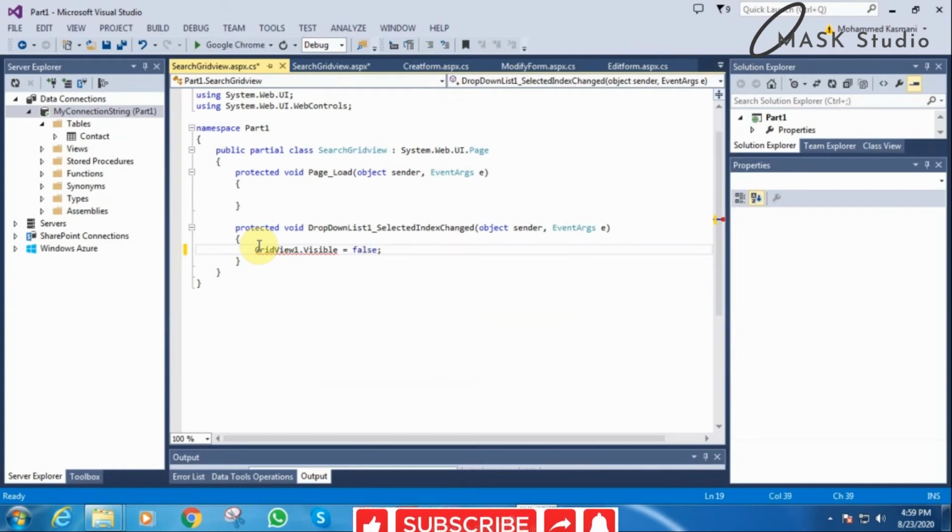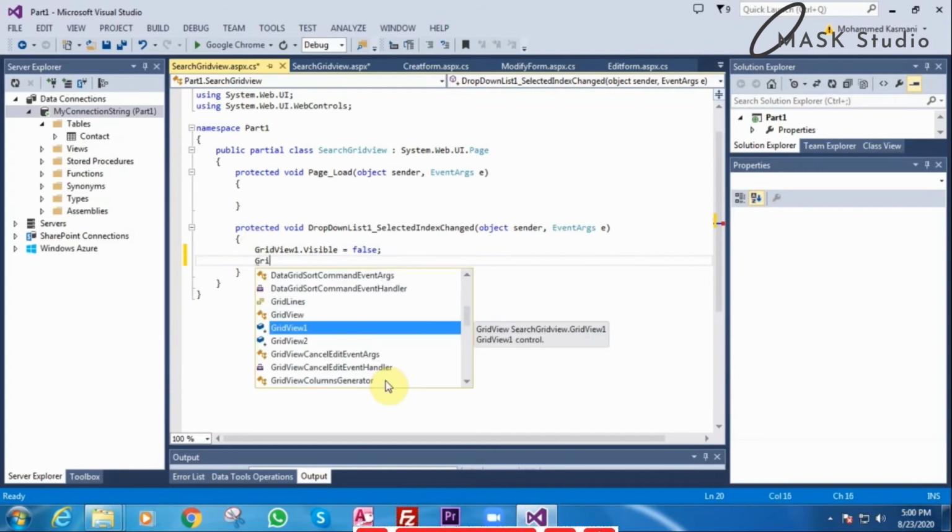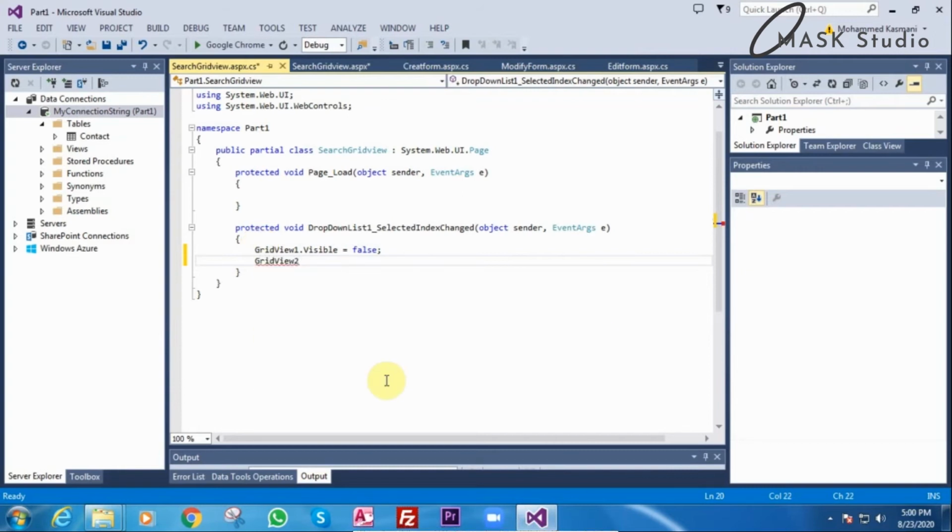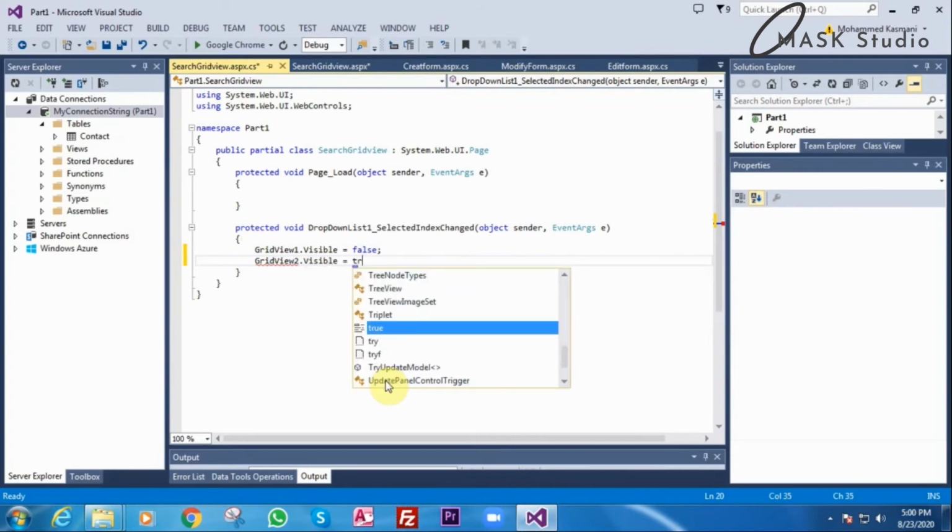I don't want grid view 1 dot visible is because grid view 2 visible is equal to true.